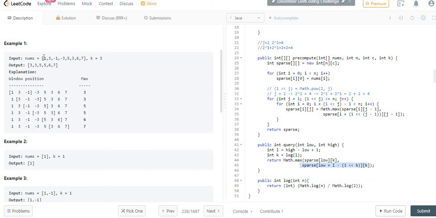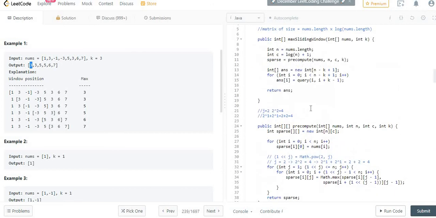Okay, and out of these values it will try to pick up this 1 comma 3, then from 1 comma 3, of course, 3 is the maximum, and from -1 comma 3, 3 is the max one. So out of this it will return 3 as the max value, and it will add it into this array. Okay, similarly it will perform the query operation on all the remaining window sizes, as long as it is having